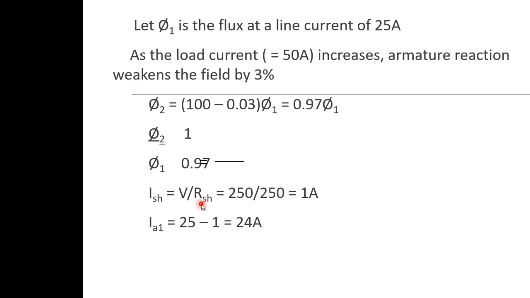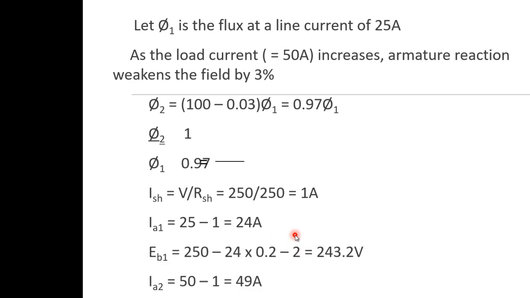So Ish is equal to V divided by Rsh, that is 1 amp, and Ia1 is equal to 25 minus 1, which is equal to 24 amps. Though it is a shunt motor, the variation of the flux is given, so we have to substitute the flux values also. So Eb1 is equal to 250 minus 24 into 0.2 minus 2, this is the brush drop, which is equal to 243.2 volts. And Ia2 is equal to 50 minus 1, that is line current minus shunt current, that is 49 amps. And Eb2 is equal to 250 minus 49 into 0.2 minus 2,